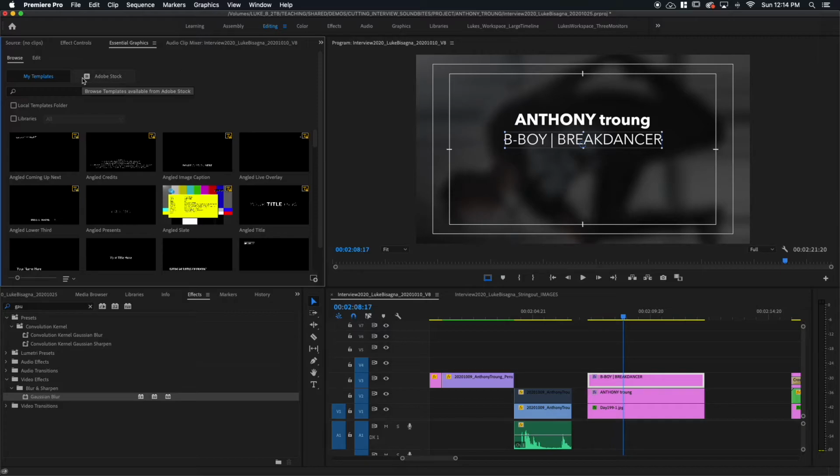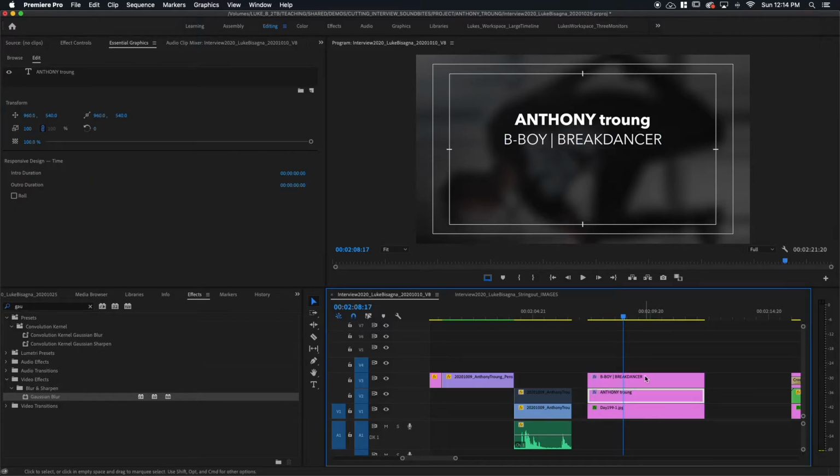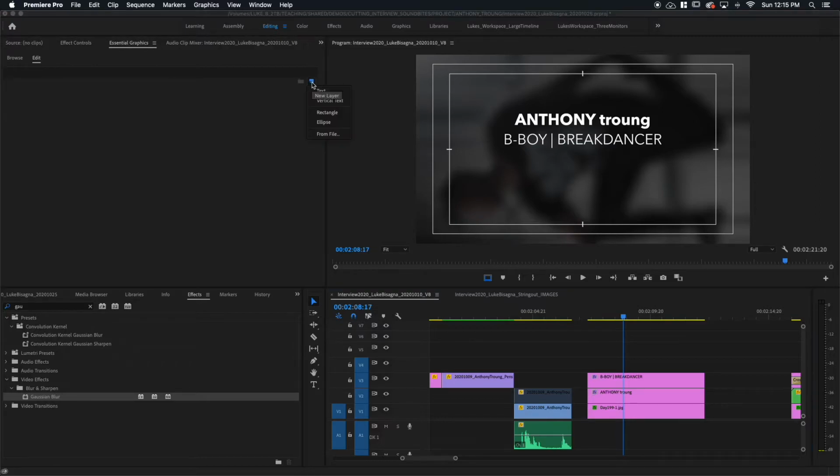And I'm going to go over to the Edit tab here, and you can see if I'm clicked on any of these elements here, it actually gives me controls for them too. But what I want to do is have none of them selected and create an entirely new item here using the new item icon, what I like to call the foldy piece of paper, because that's what it looks like. So I'm going to click on that and choose rectangle. Now I know we're making a line, but we need to do that using a rectangle.